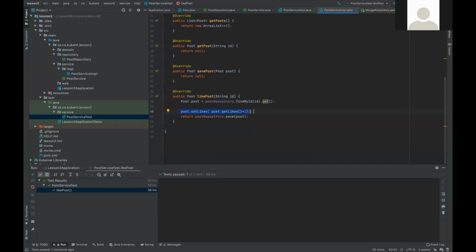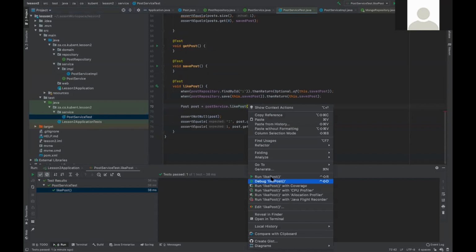And the reason for that is because in Java and object-oriented programming, this value should be encapsulated, because you don't want anyone to access the likes. You don't want anyone to be able to go override the likes, because the only way you can increase a like is by adding one to it, not by overriding it. So if I mistakenly go and change this method and set it to one and take out the add,